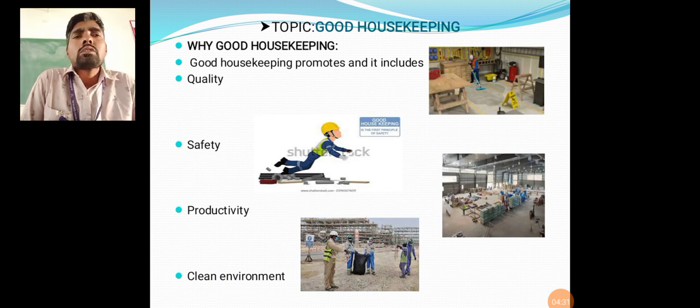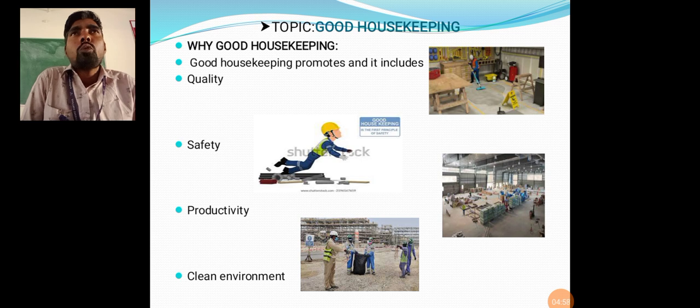Good housekeeping promotes and includes quality, safety, productivity and a clean environment. On quality: we manufacture different types of materials, and if everything is mixed together we can't identify which is good and which is not properly manufactured.